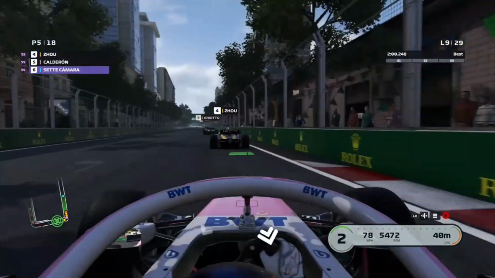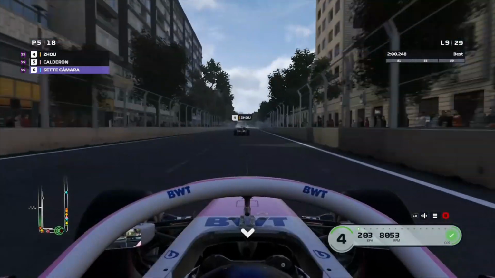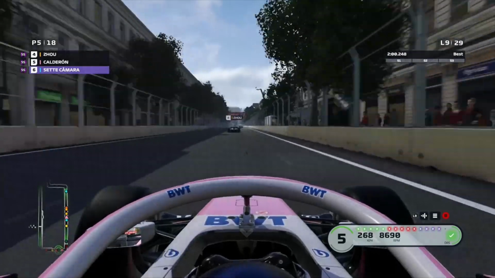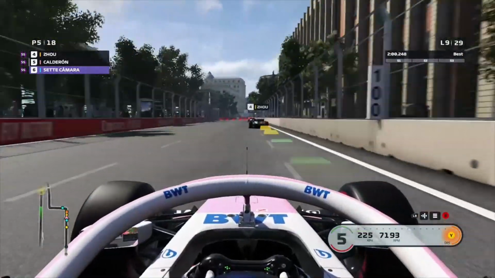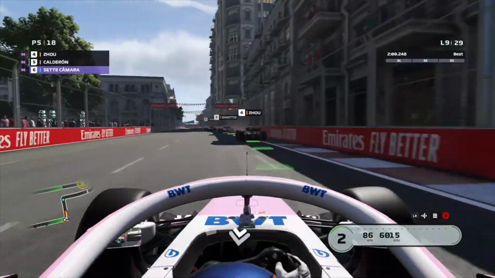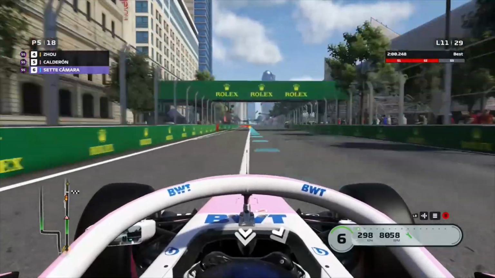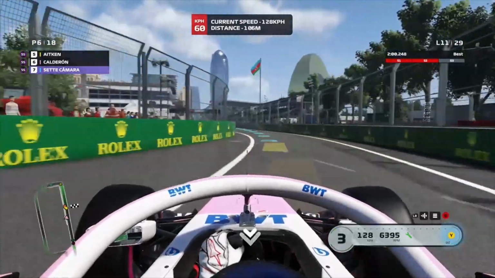and that compromised my run into turn 2 to the point he got the better exit. I've got the DRS, but I just didn't get the run in that I needed to. So we're going to have to wait another entire lap at least to be able to make the move on Guan Yu Zhou. Just can't make up the distance under brakes there, and we are just going to have to find another opportunity. But we move on to lap 11 now, and